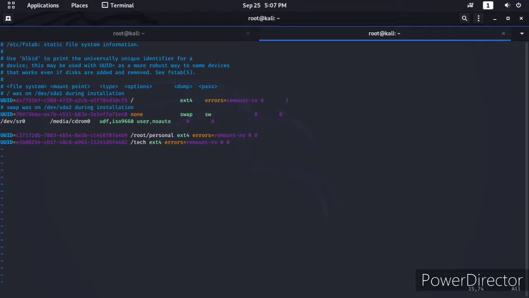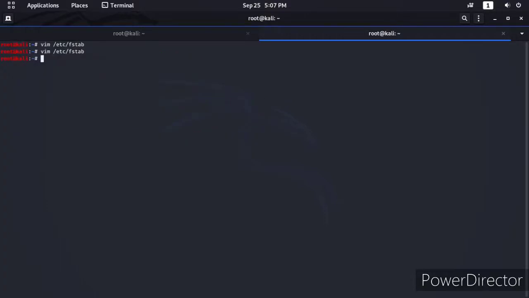You just need to look at the syntax of the mounted directories above and enter your mounting directory. Now escape, :wq, enter, and run the command